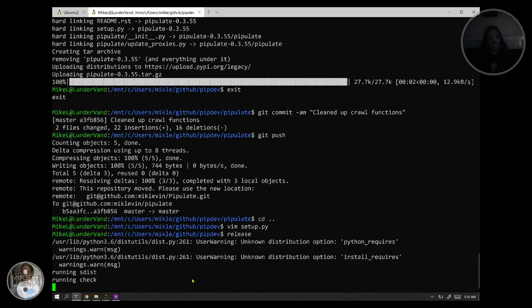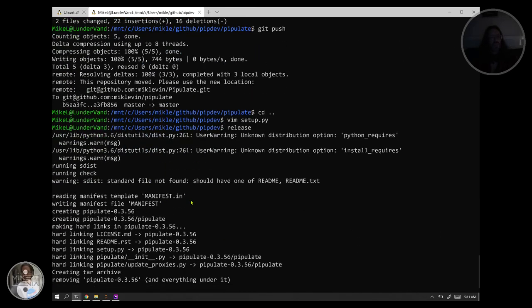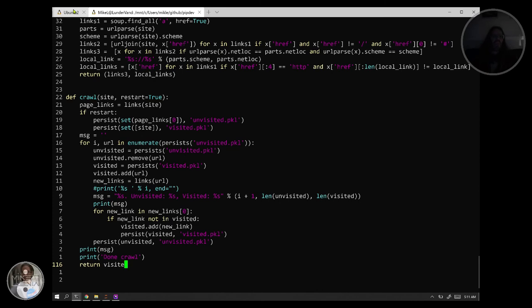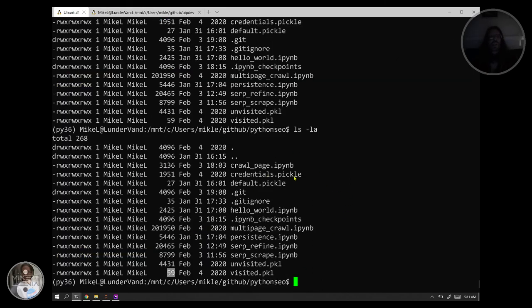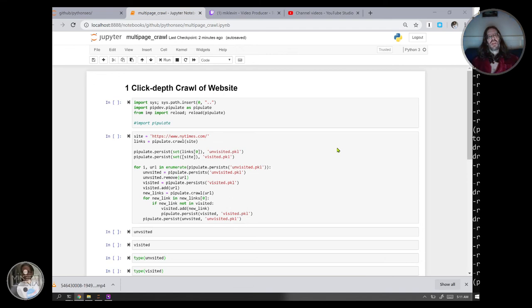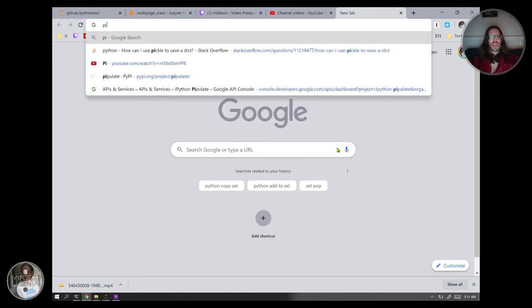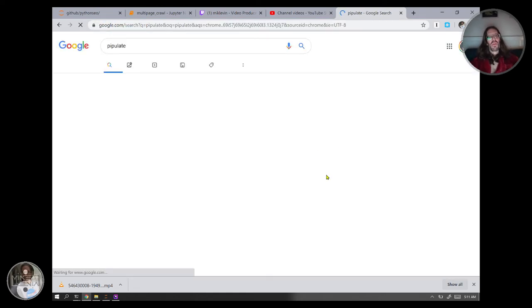My release process on Pipulate is this two-step thing. One for GitHub, where I git commit and git push, and one for PyPI, where I update what people get when they hit install Pipulate. So by the way, if you are following along and you are pip installing Pipulate and it's getting out of sync with what's going on here, I always recommend that you just Google on Pipulate, because I give you the